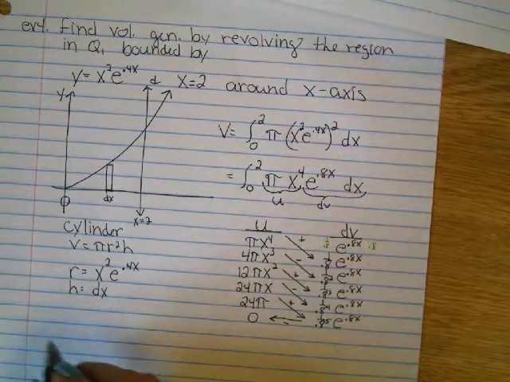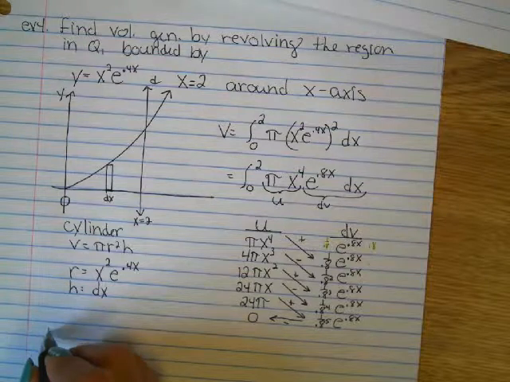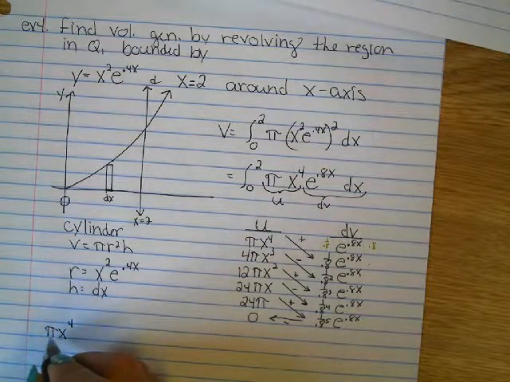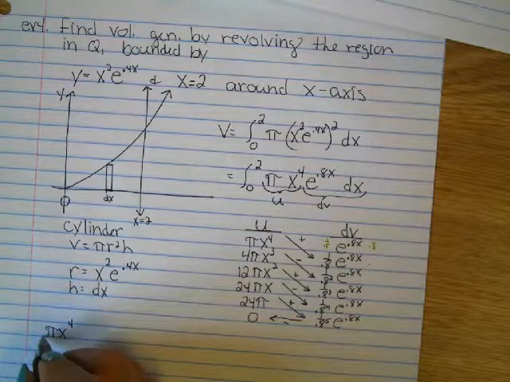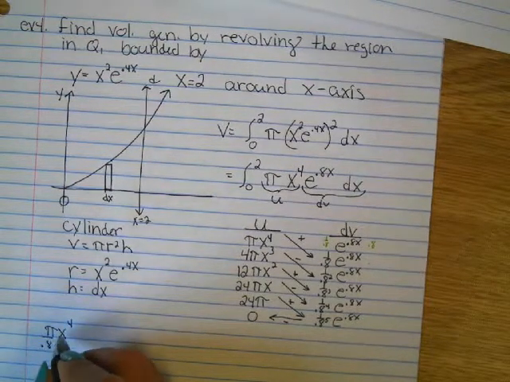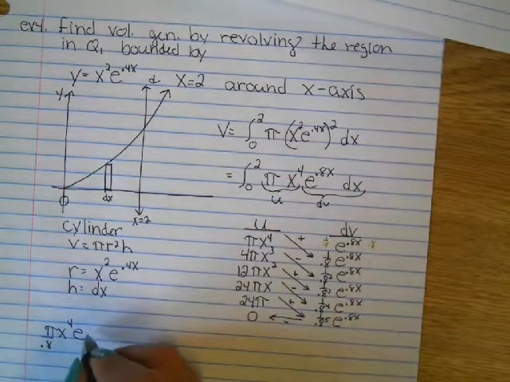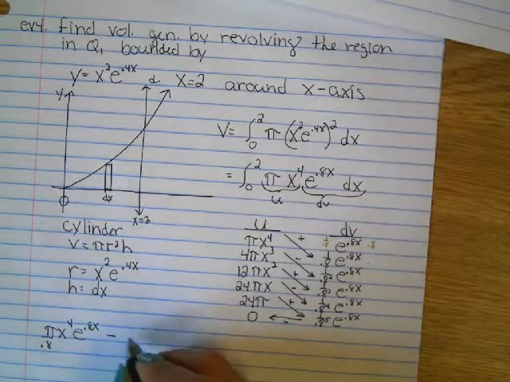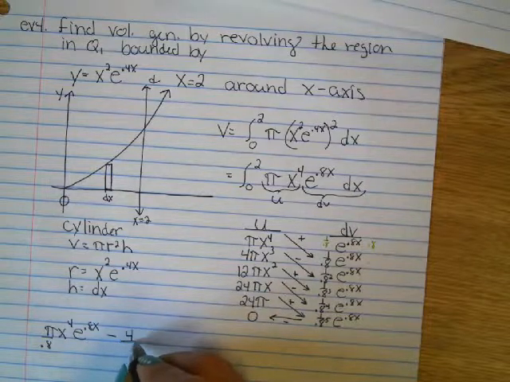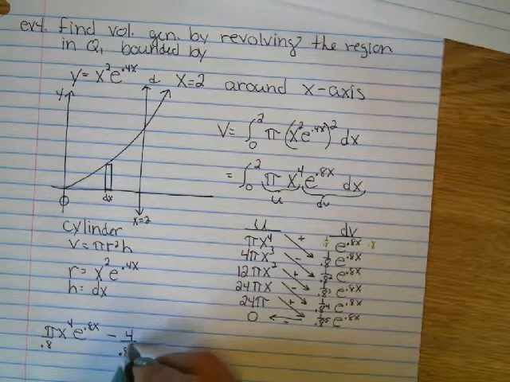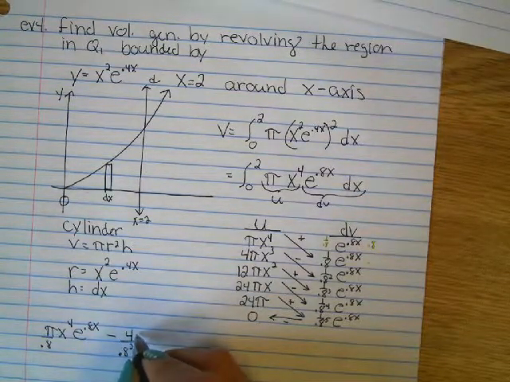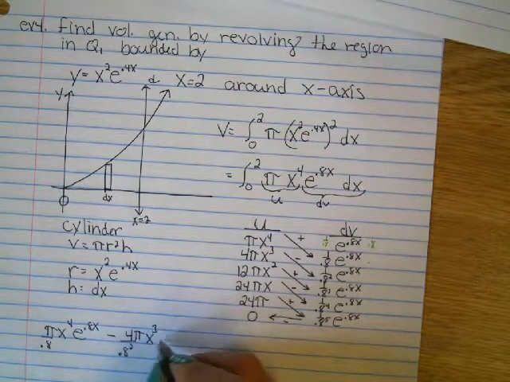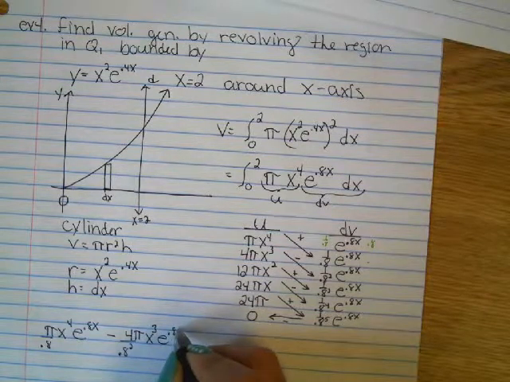So we've got pi x to the 4th. How do I want that? Pi over 0.8 x to the 4th e to the 0.8x minus 4 over 0.8 squared pi x cubed e to the 0.8x